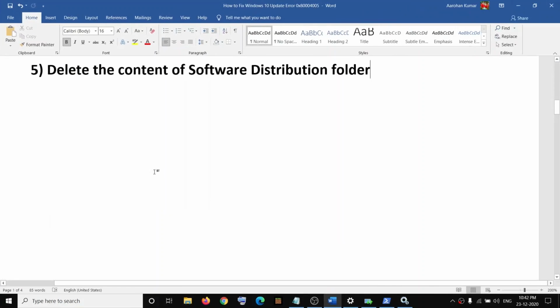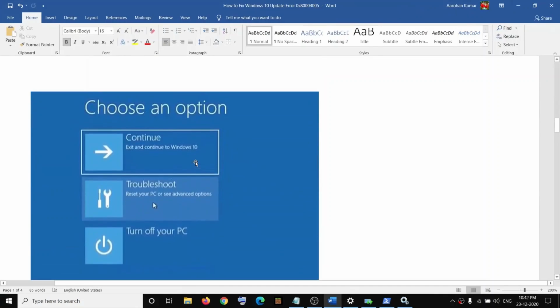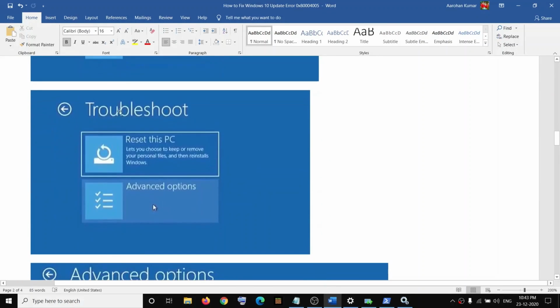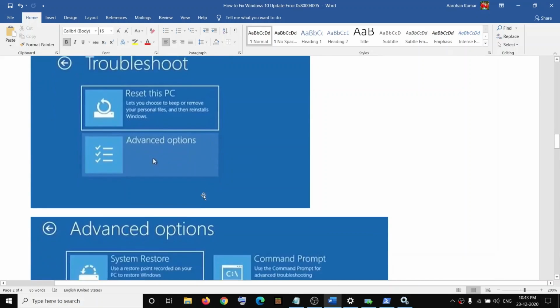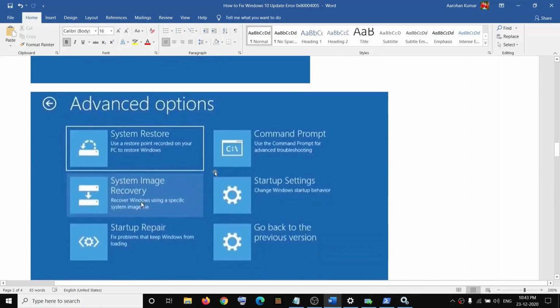see this screen which will tell you to choose an option. So click on troubleshoot. Once you click on troubleshoot, under troubleshoot you will see the option which says reset and then you see advanced option. Click on advanced option. Now under the advanced option you will see startup settings, so make sure that you click